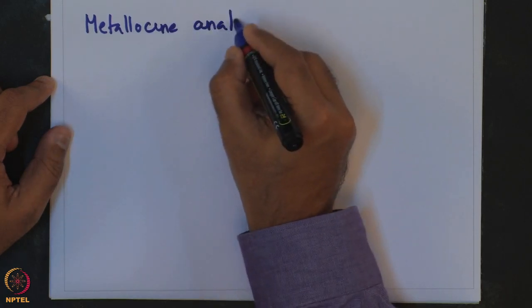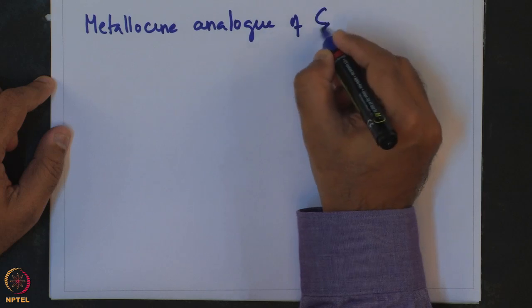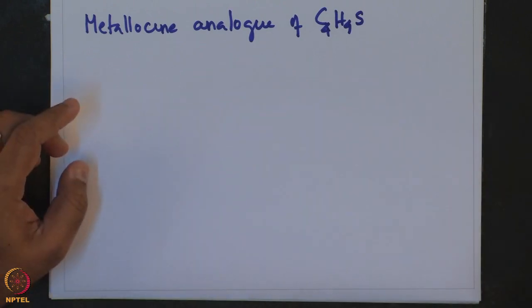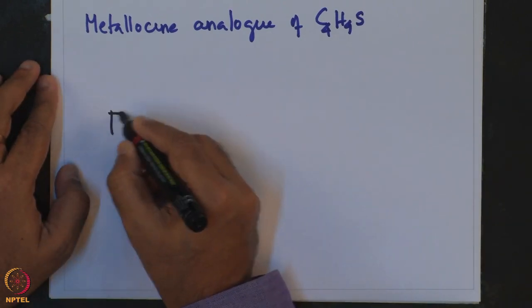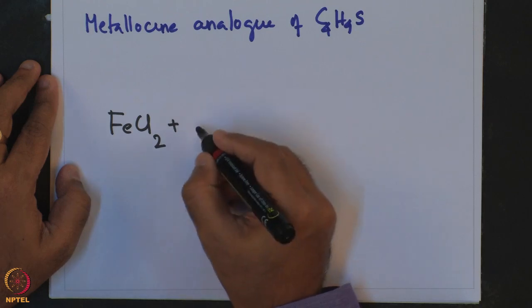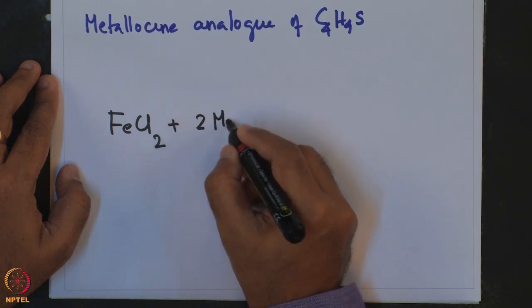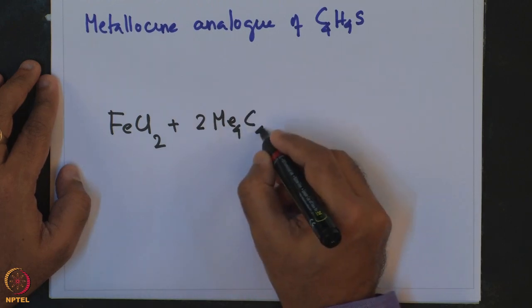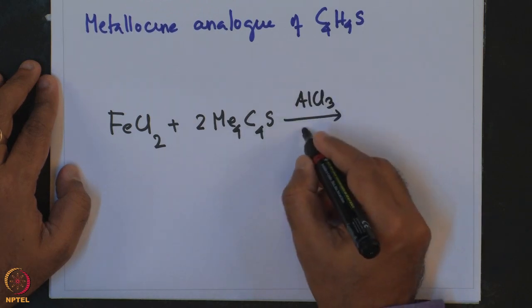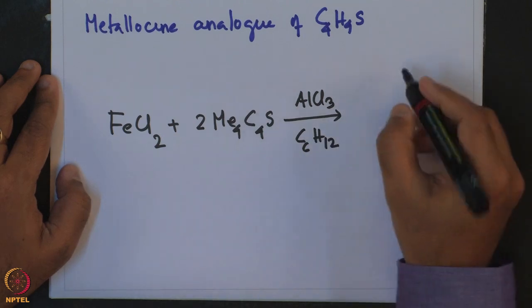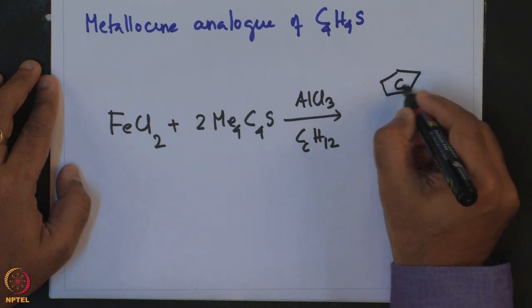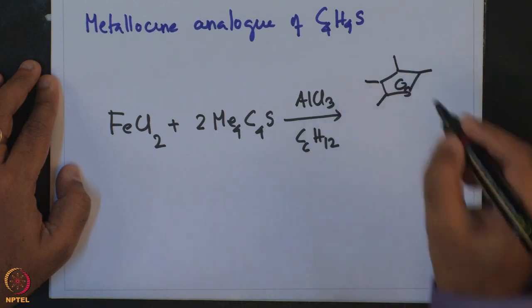analog of C4H4S can be obtained by treatment of FeCl2 plus tetramethyl thiophene, which is twice of that, Me4C4S, in presence of AlCl3 in cyclohexane C6H12, gives this tetramethyl thiophene metallocene complex of iron,